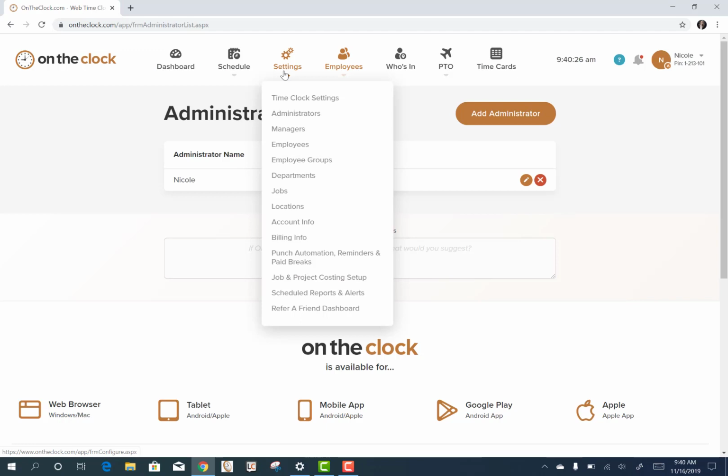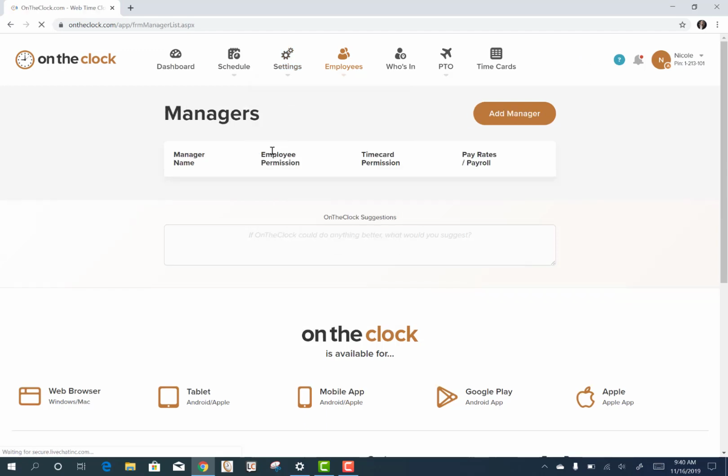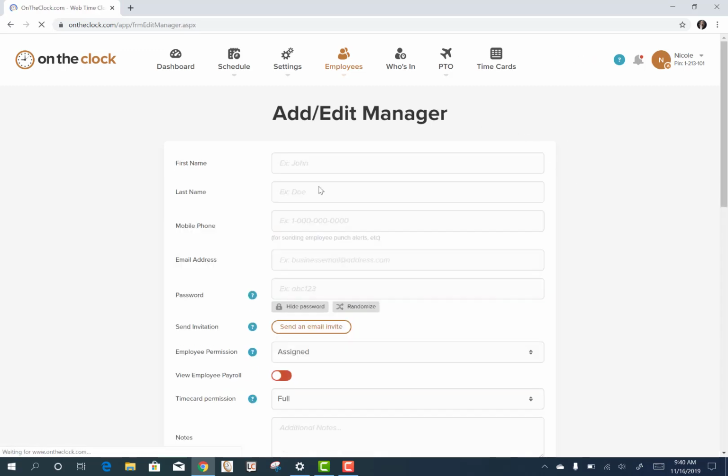From here, I suggest setting up a manager. Going to Settings and Managers. This would be applicable if you have employees that you would like to be reporting into someone who may make edits to the payroll or track employee punches. So let's add a manager by entering their name. We'll do test manager, mobile phone, email address,